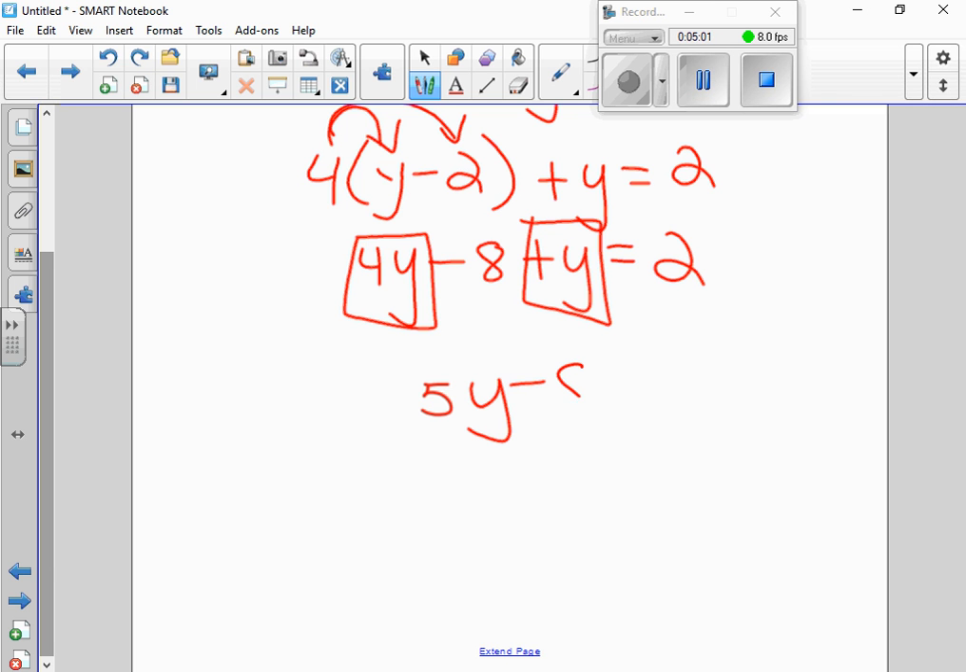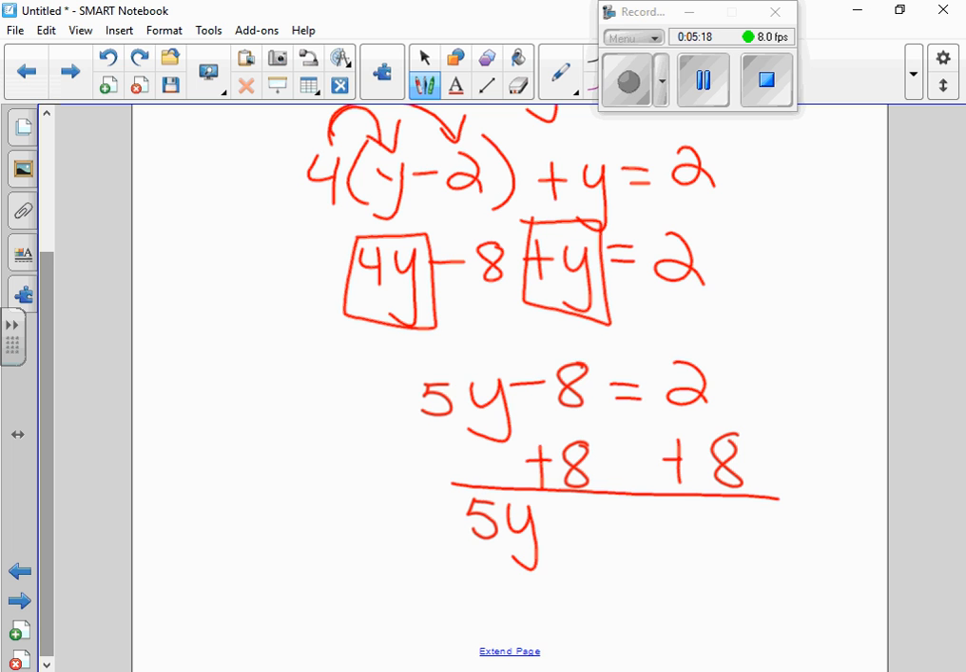So we drop -8 equals 2. Now that we have a two-step equation, we know that we need to get rid of the constant, which is your 8, by adding 8 to both sides. Drop your 5y equals 8 plus 2 gives me